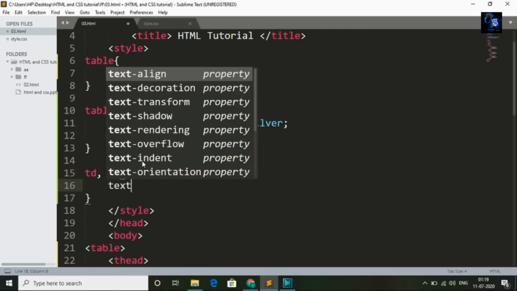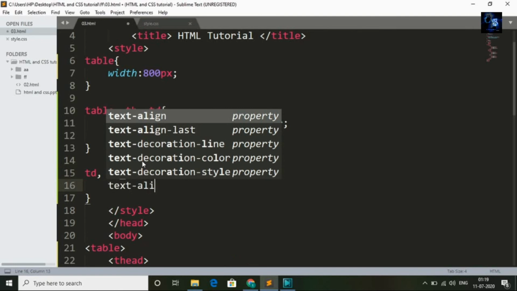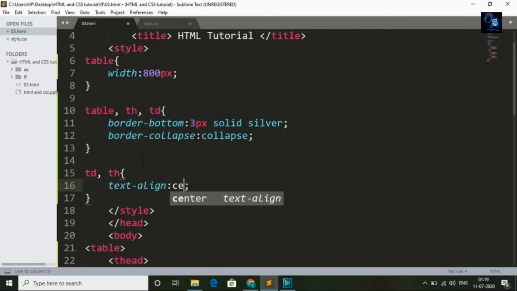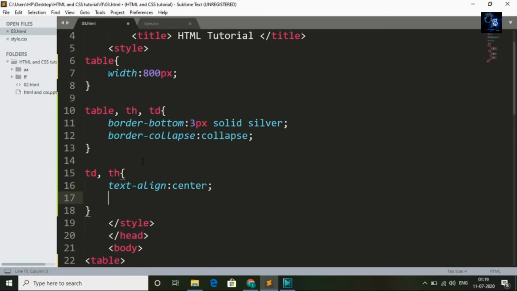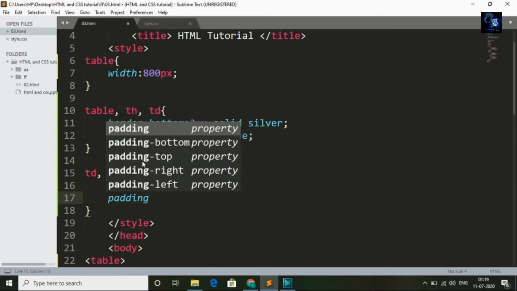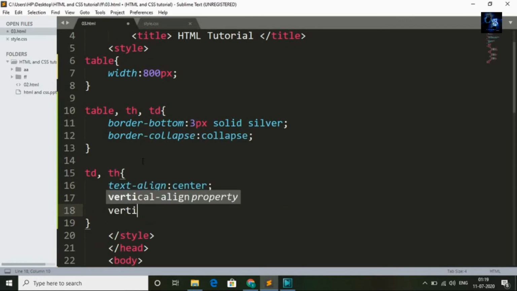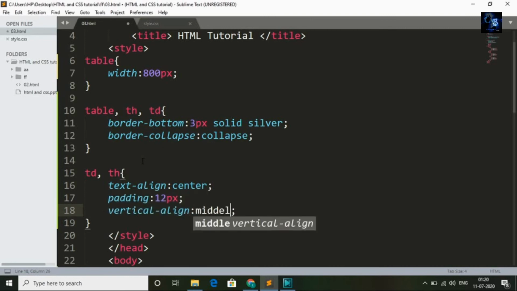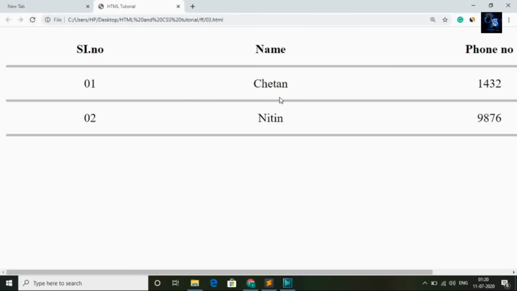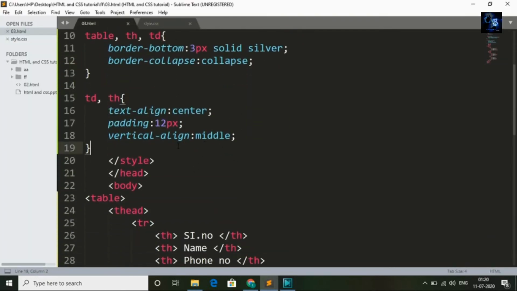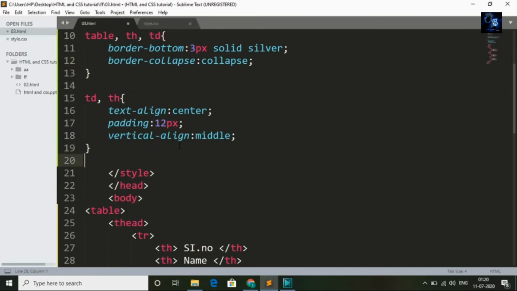I will add text align center, and I will also add padding 12 pixel, and I will also add vertical align middle. Now I will save this file and I will go back to browser and I will refresh. Wow, it's looking awesome.